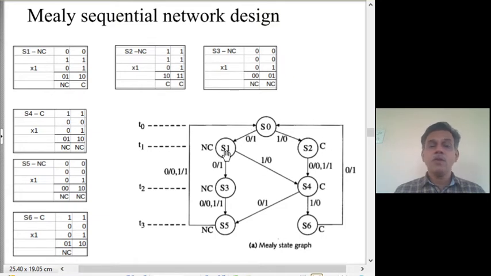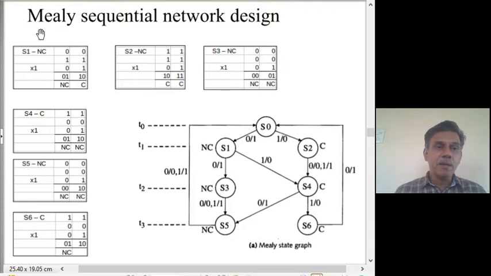Now we are in the time period t1 when x1 is going to arrive. We may be either in S1 or in S2. Now in S1 we have to handle the x1. If you are in S1, what happens when the bit x1 arrives, which can either be 0 or 1? So this is the 0 case, this is the 1 case. We will individually handle it. Similarly in S2, the x1 that arrives can be 0 or 1, that is again to be handled.